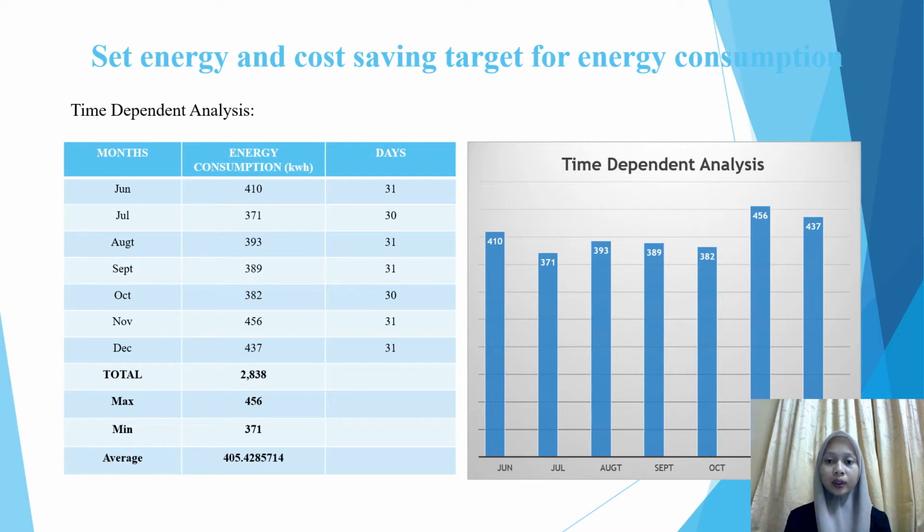So I will do the time dependent analysis. For this time dependent analysis, what we see is the 7 months and the energy consumption in kilowatt hour per day per month that they use. So I get the total energy consumption in kilowatt hour after I add all the kilowatt hour from June to December. So the total is